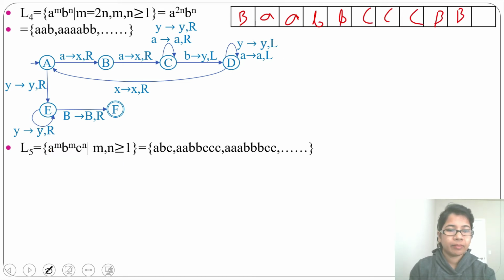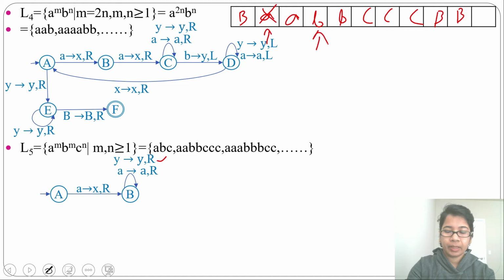Let me design the Turing machine for this. There will be an initial state. Initial state is A. Now read write head is here. So by seeing A, it will change to X and it will move right. Now for the rest of the A it will simply skip. So just make a self loop. A will be A and it will move right. There may be Y. So Y will be Y and it will move right.